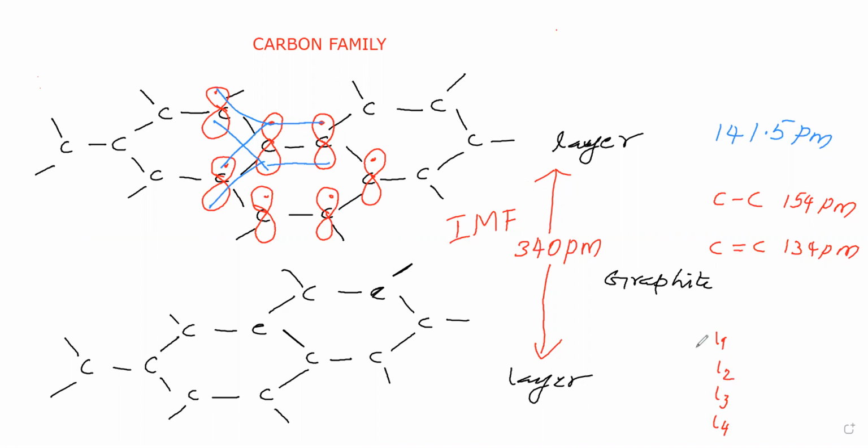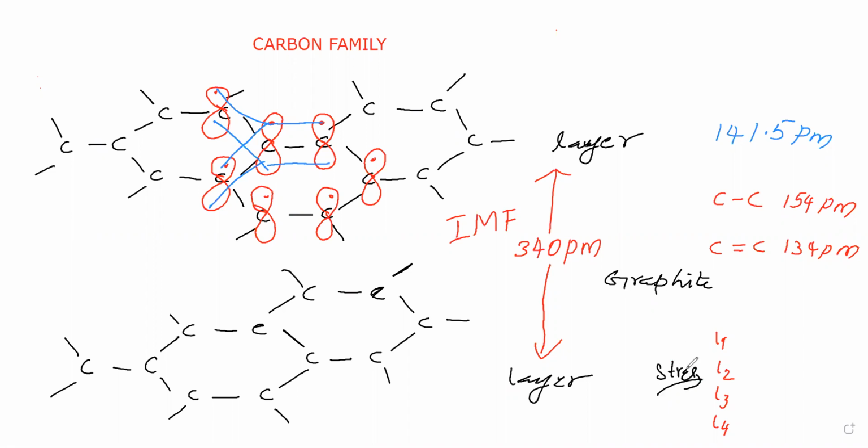Graphite is a polymer, a covalent substance. It is an element. Between all the carbon atoms in a layer, a covalent bond is there, but between layers, weak van der Waals force is there. When stress is given to this,